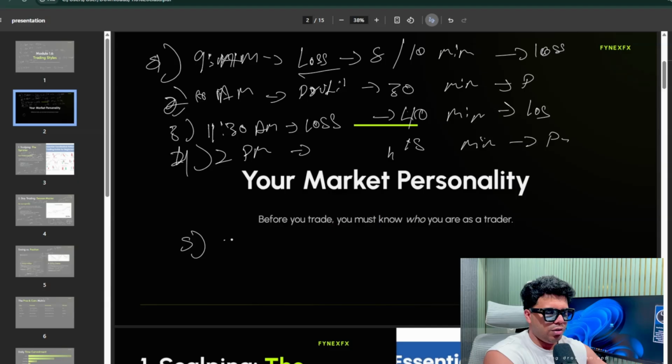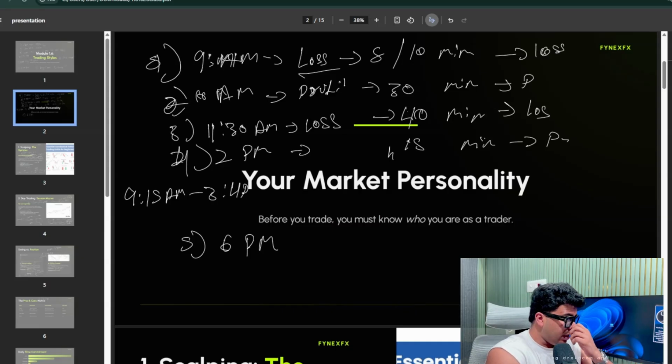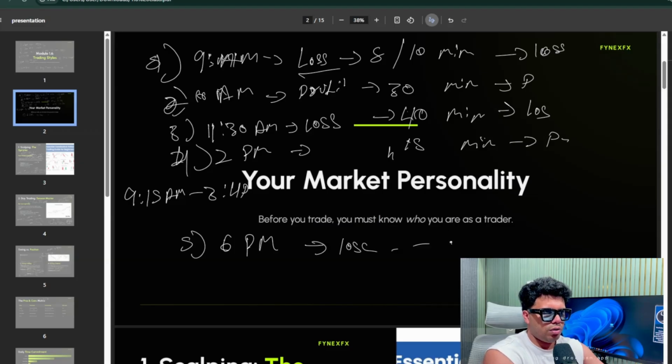At the fifth trade you enter at 6 p.m. I'm talking about forex and crypto. If you're trading in the stock market, the stock market opens at 9:15 a.m. to 3:45 p.m. That's Indian market time. There are different market times for different markets and different countries. Anyway, if you enter the fifth trade at 6 p.m., you're going to take a loss here,